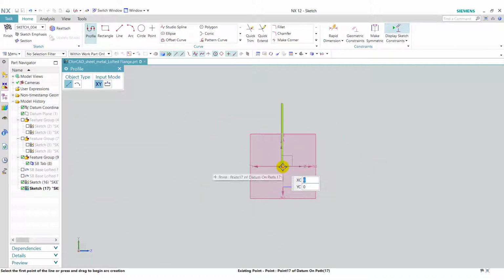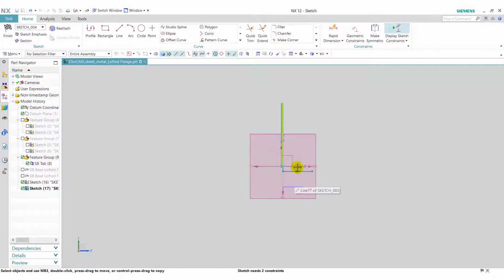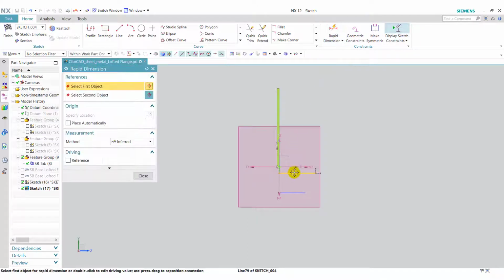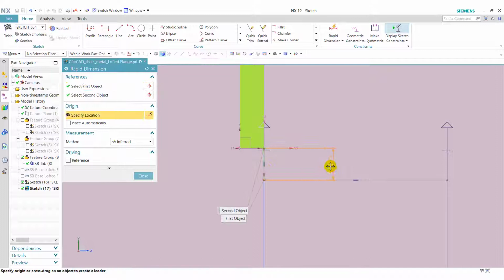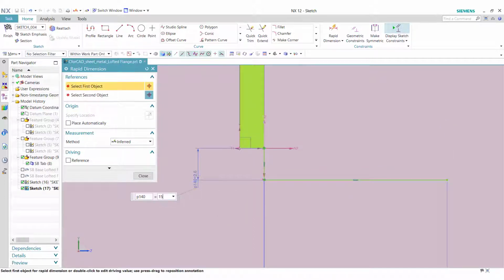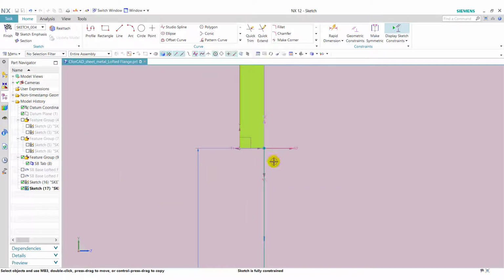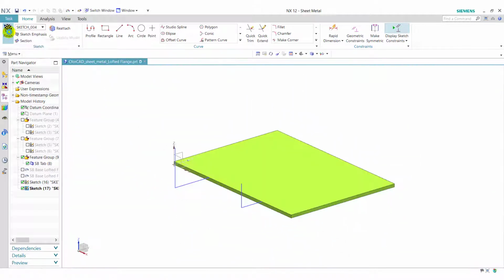Now again we will draw two lines like the previous ones. Now go to rapid dimension, give this dimension as 15 and this line also 15. Now close this and finish the sketch.